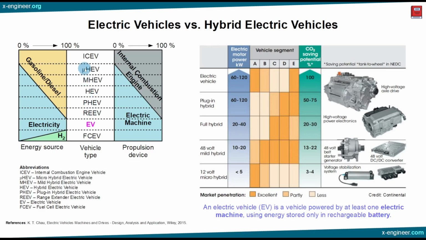The level of hybridization is also explained in the right table by the electric power available and also the CO2 saving potential. For example, an electric vehicle has an installed electrical power of about 60 to 120 kilowatts. Of course, it can go much higher, to hundreds of kilowatts. And the saving potential is 100% compared to internal combustion engines on any drive cycle. 100% saving potential for CO2 means that there are no tailpipe emissions, and that's obvious because electric vehicles have no